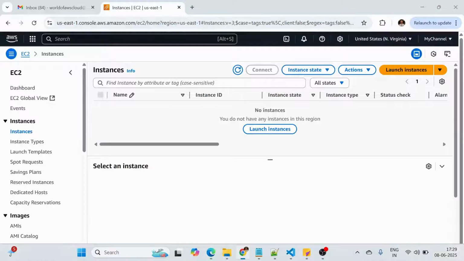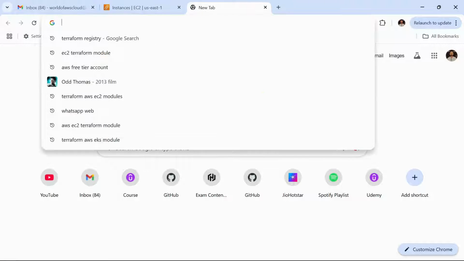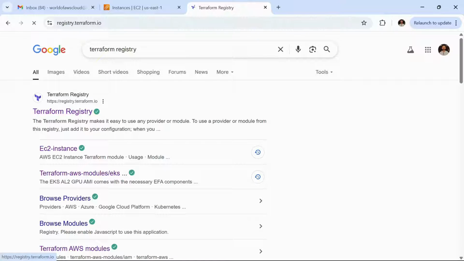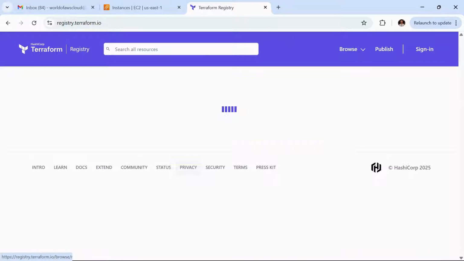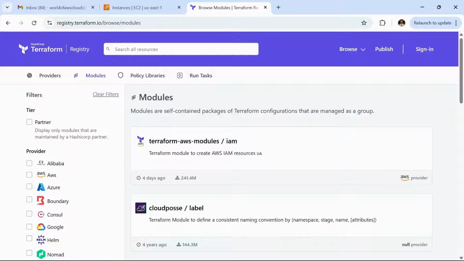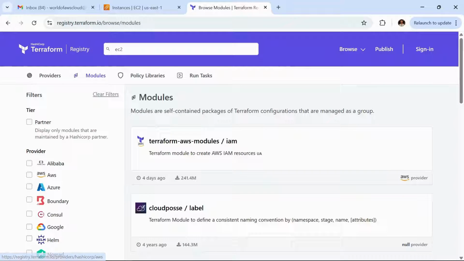Let's go and search for the module. Let's search for Terraform registry and open it, go to browse modules and search for EC2.